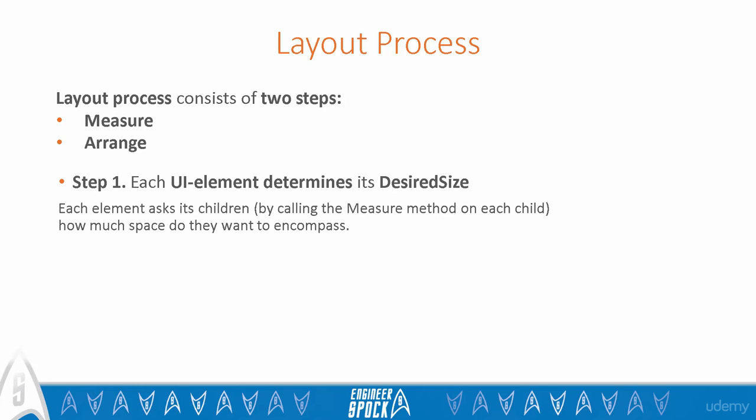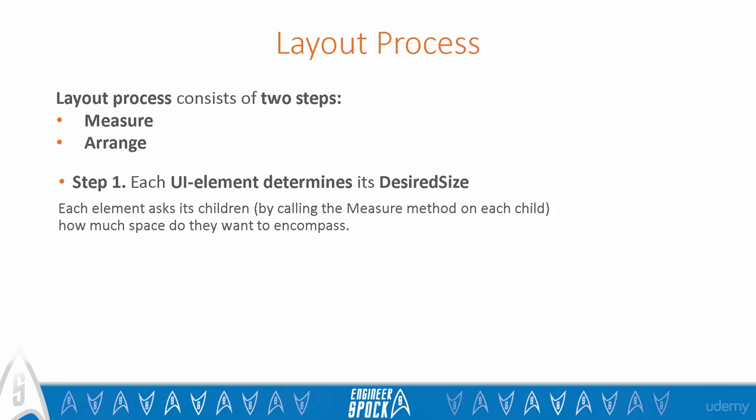When an element is rendered for the first time, it triggers the layout process. Every time a window changes in size, and every time any interdependent element changes in size, the layout process is firing up. As we've already mentioned, the layout process consists of two steps: measure and arrange. At the first step, UI elements are trying to determine how much space they need in order to display